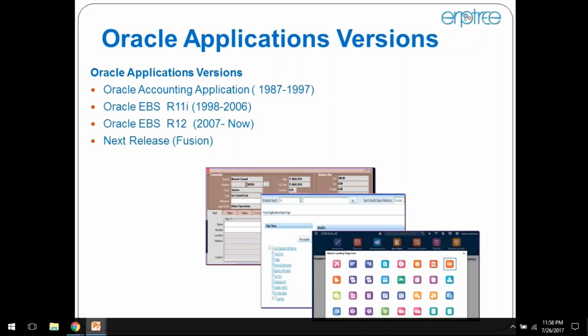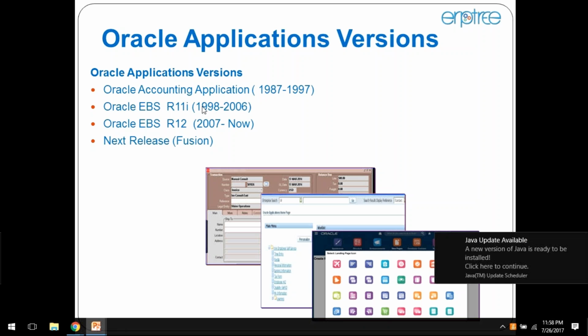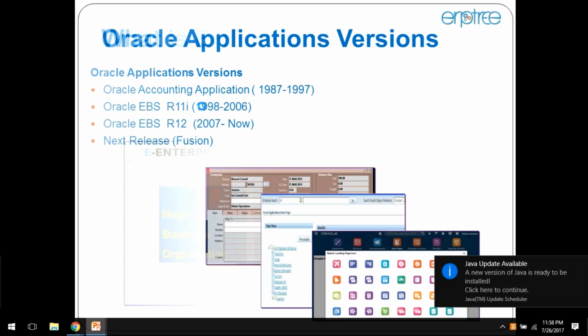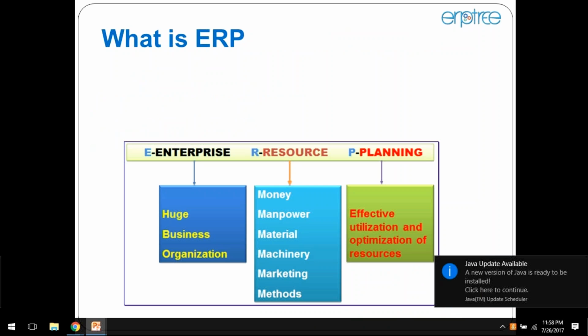So it will take some time to move to Fusion. With Fusion, the tools, technologies, reporting and integrations are different, and many things are going to change. But as of now, 99% of the market is still on EBS R12 only. With that one, the